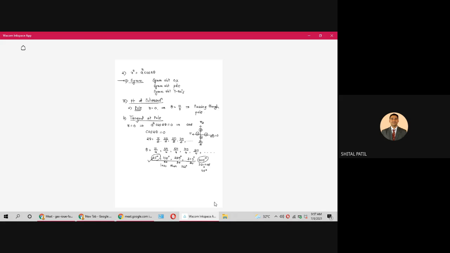They will show the same radius vector, right? And I want different tangents only. So I have 4 tangents only: 45 degree, 135, 225, and 315. The next will be the same as 135 degree. If I take the next value, that will be the same as 225 degree, and so on. So these are the different, distinct tangents. If I take the next value, 9 pi by 4, that will be the same as pi by 4. 11 pi by 4 will be the same as 3 pi by 4.